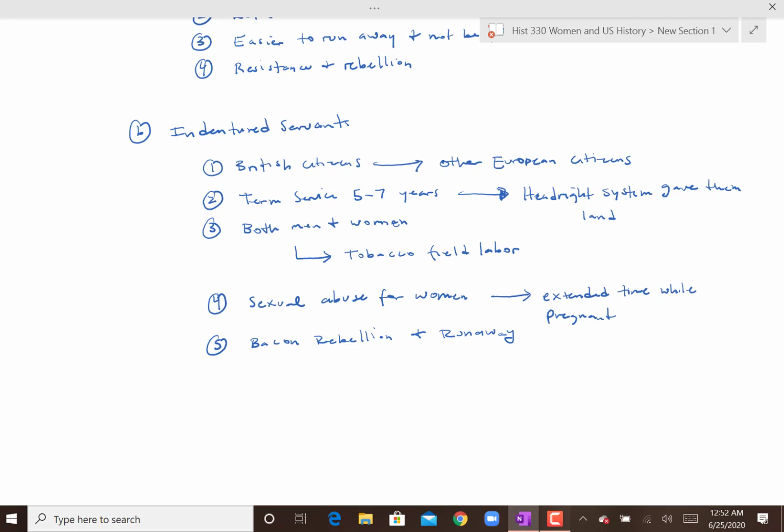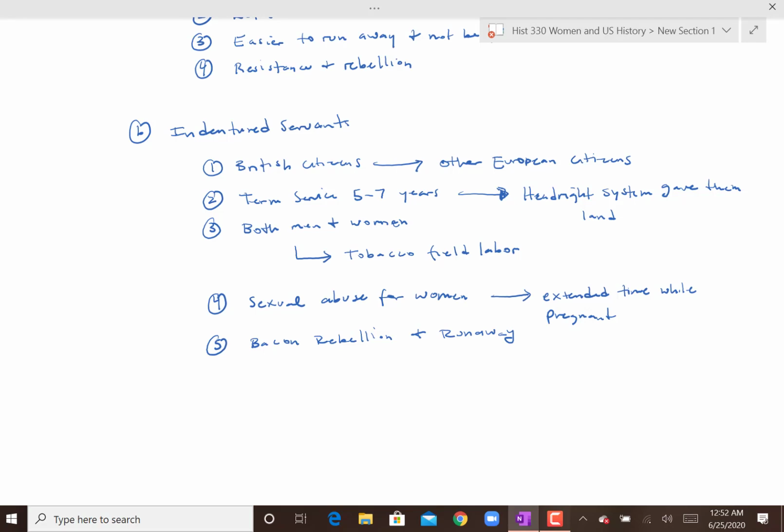If you were seen as not productive, or if you hunted for food, so they would intentionally not give them enough food, and then when they went to hunt to have enough food, you were penalized if you got caught hunting. All of this led to more and more indentured servants running away, and then eventually Bacon's Rebellion, where